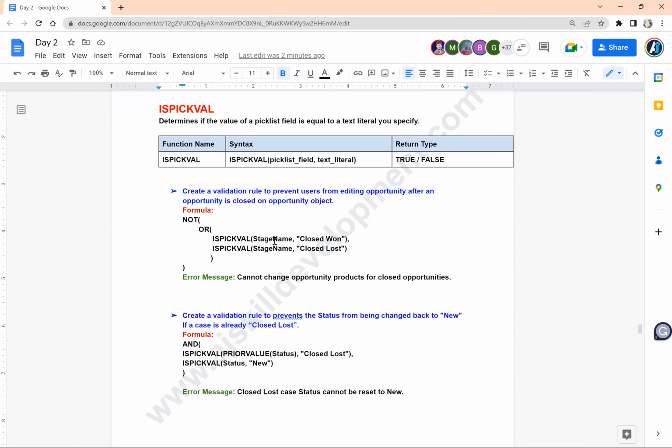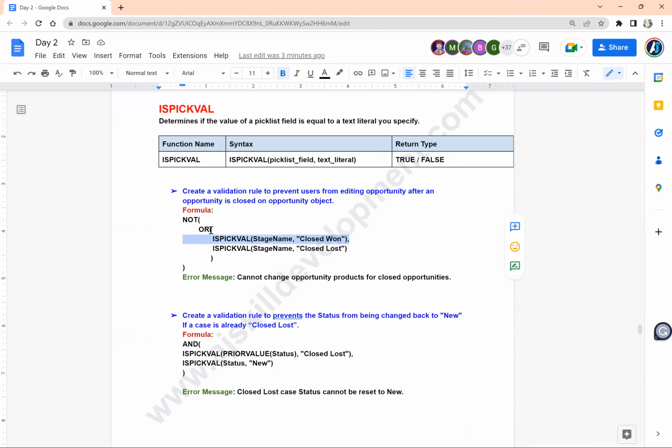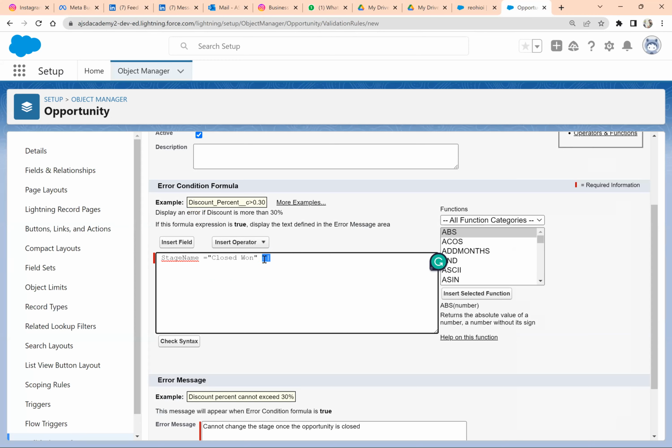Since the stage name is a pick list, I need the pick value to be used. Suppose without using the pick list field, if I try to use this: if the stage name is equal to closed one, and, or. Either you can use or, or you can add this operator, and this is the and operator. In this case, I don't want to give a confusion, let me use or. If the stage name is closed one and the stage name is equal to